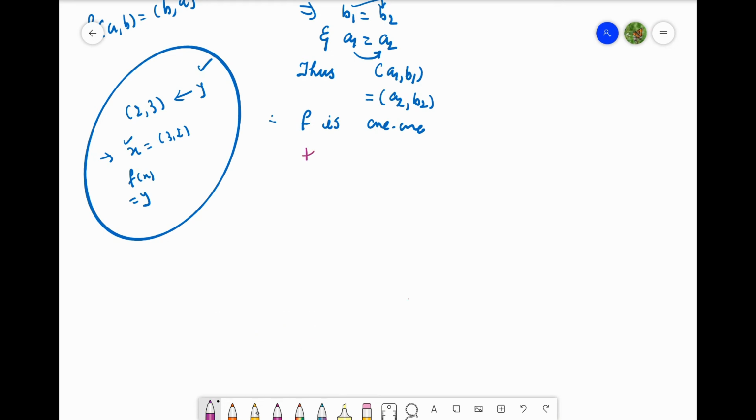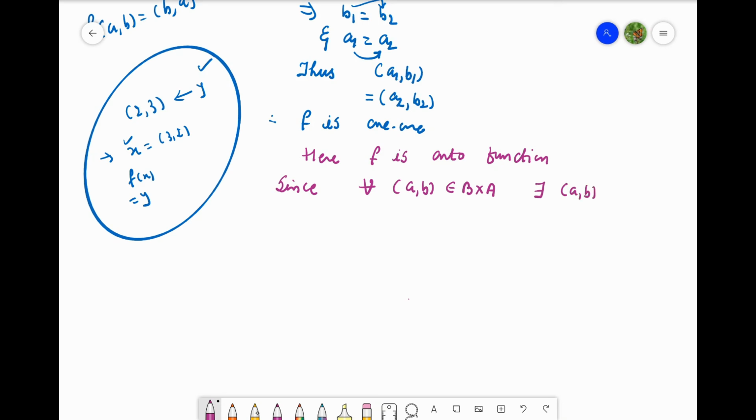Here f is onto function, since for each (a, b) belongs to B cross A. B cross A is the codomain. There exists (a, b)